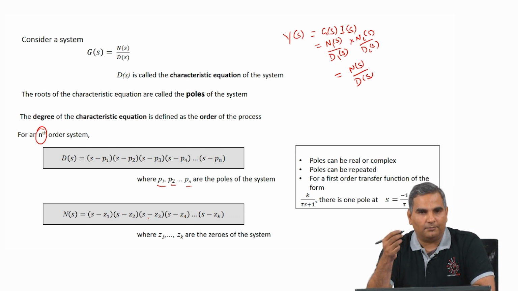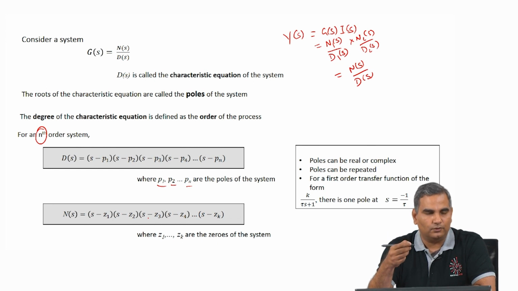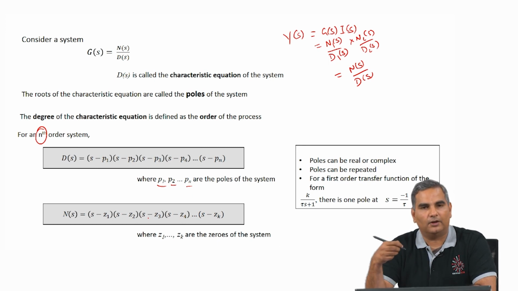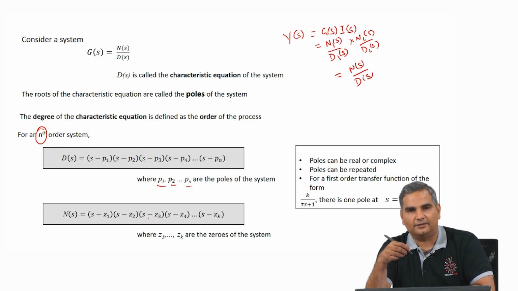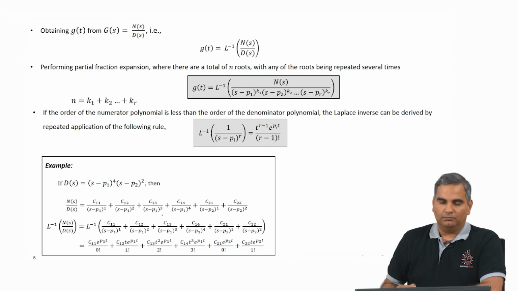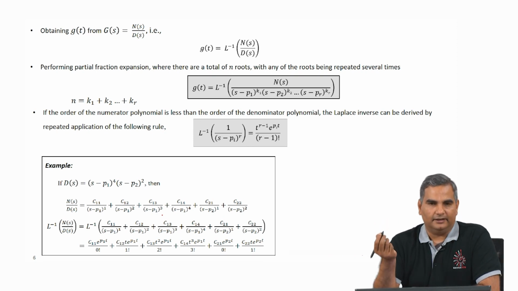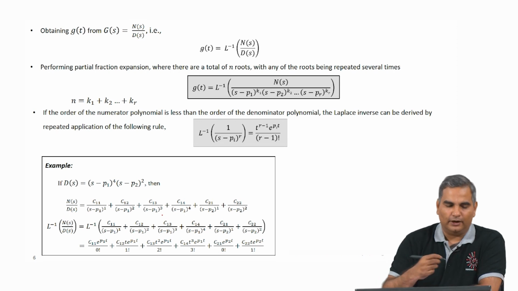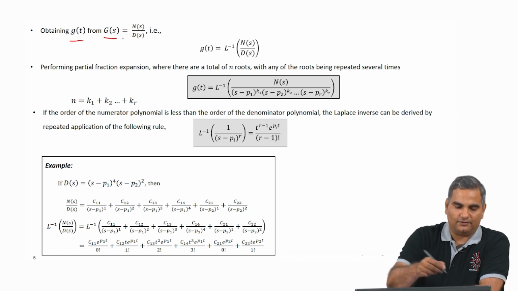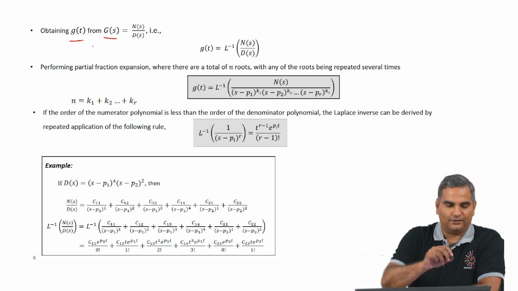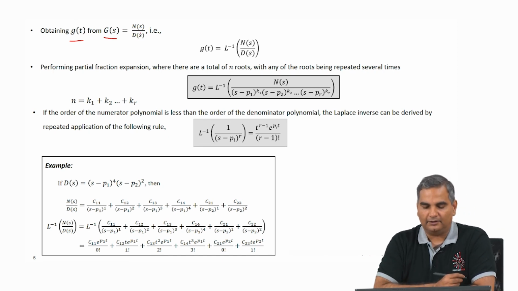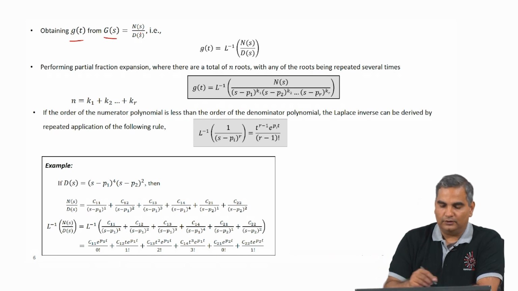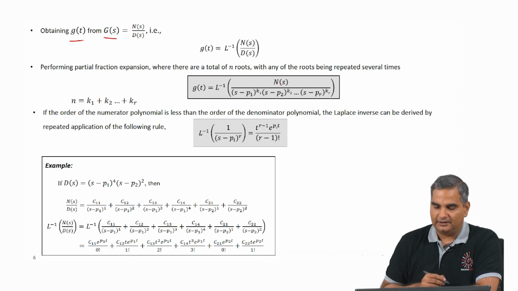So, if you set the numerator polynomial to 0 and then compute the roots, those roots are called the zeros of the transfer function, and if you set the denominator polynomial to 0 and calculate the roots, those roots are called the poles of the transfer function. So, as I mentioned before, generically whether it is g of t, y of t, or I of t, we have to do an inversion of n of s by d of s. Let me assume that I am trying to get g of t from g of s. This could be y of t from y of s, I of t from I of s, does not matter. So this is going to be a numerator divided by denominator, and the Laplace inverse of this I can write as n of s divided by this.